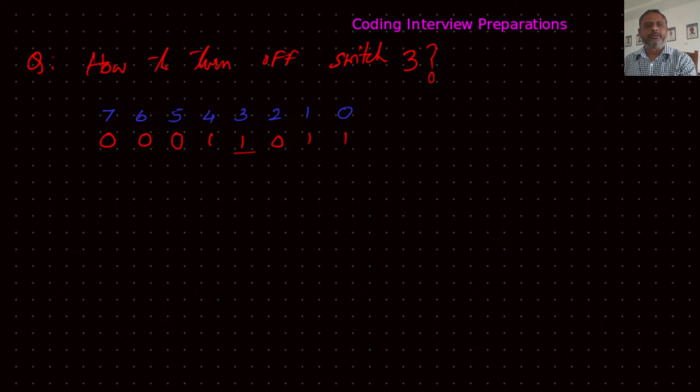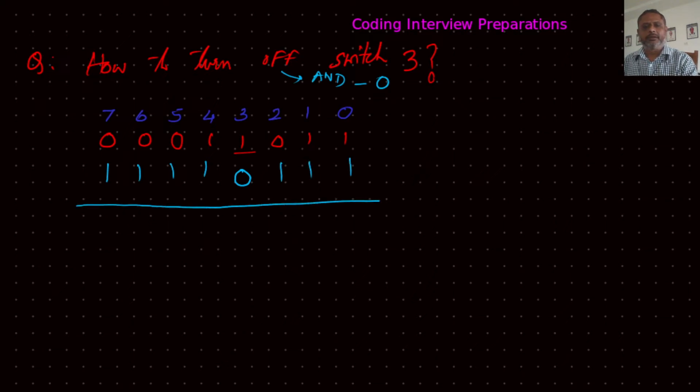So turning off switch number 3, what is required is we need to AND. When you say turn off, then off is related with AND with a 0. So this has to be ANDed with a 0, and you don't want others to be disturbed. Therefore, keep others to be 1, and when you create this mask and use it to AND with our data,